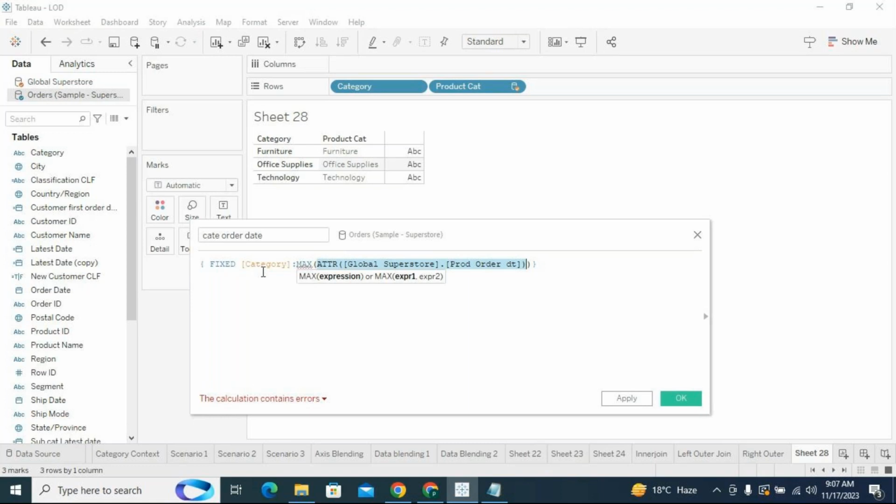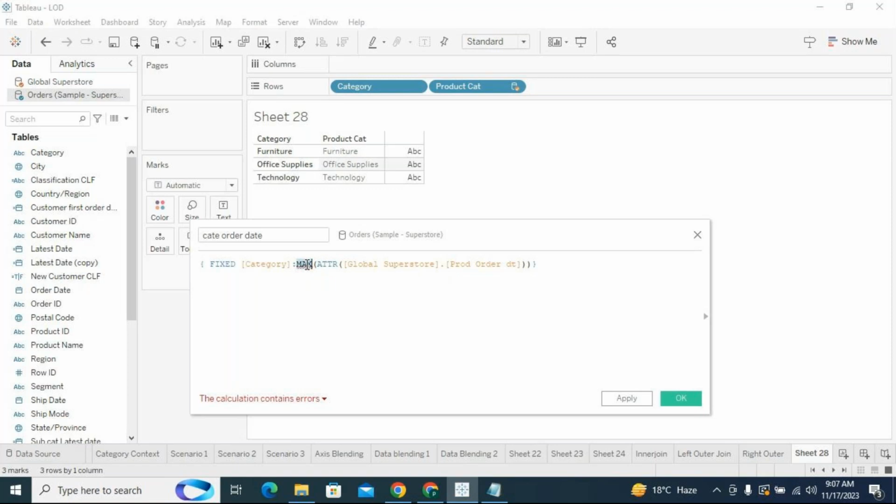I'm aligning that date with the primary data source category. Got my point? So I'm writing an LOD on the secondary data source. When I'm creating a calculated field in the primary, I'm taking a reference from a secondary data source column. So when I'm using that, what is happening? Argument to max, an aggregate function, is already an aggregate. What is an aggregate? ATTR is a